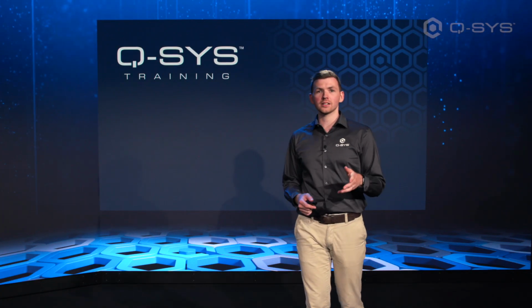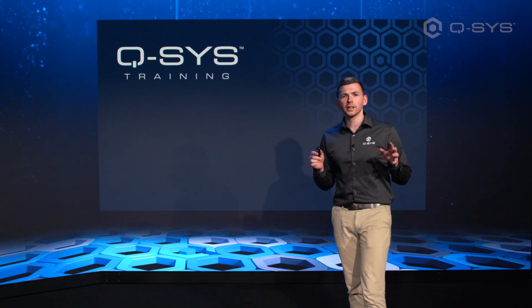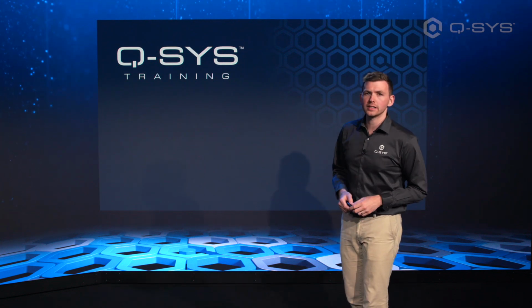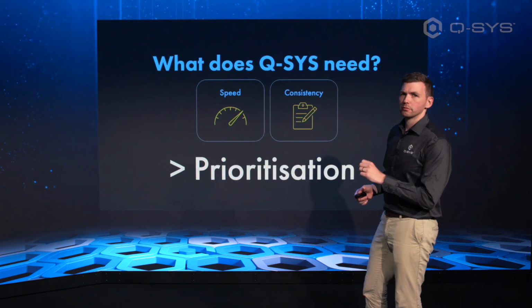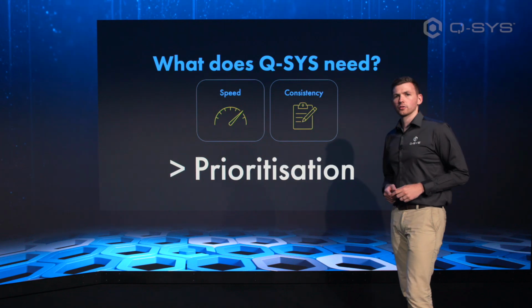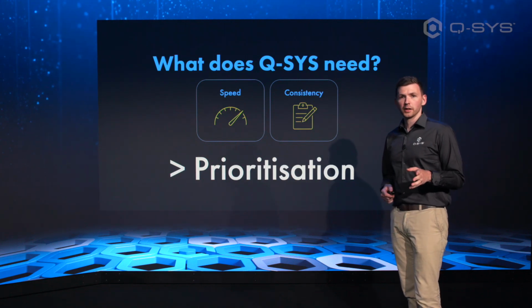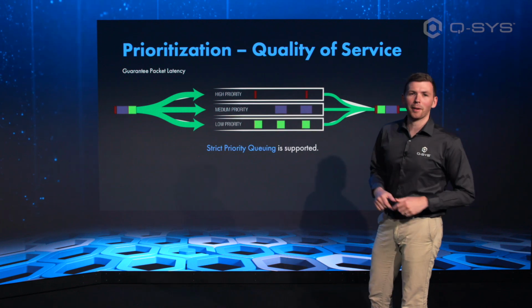Now, we've already learned about speed and consistency and why that's important. What we're going to learn now is how we can actually deliver that on the network using, of course, a bit of prioritization, okay? And if you're thinking, but James, you spelt that wrong. No, that's actually how it's meant to be spelt. But also, I've got you covered on the next slide, where we're going to learn a little bit about quality